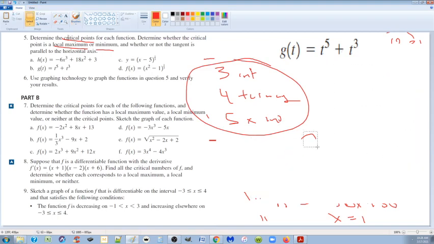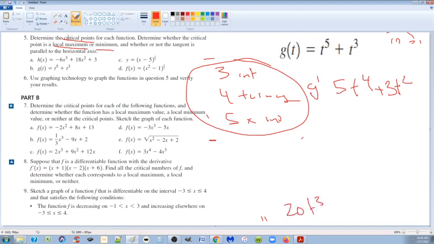Taking the derivative of this, we get 5t to the 4 plus 3t squared. So that's the first derivative. The second derivative is 20t cubed plus 6t. Setting the first derivative, well, first I'm going to take a 5t squared out of it, and I get t squared plus 3/5